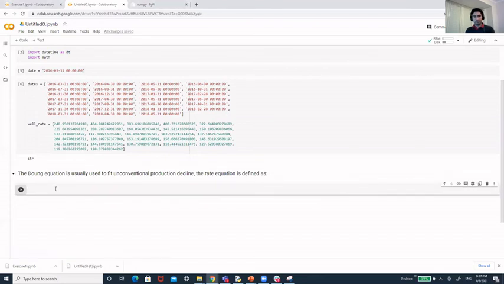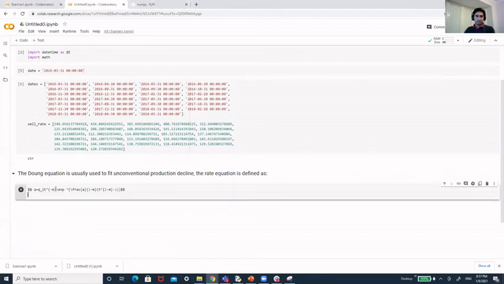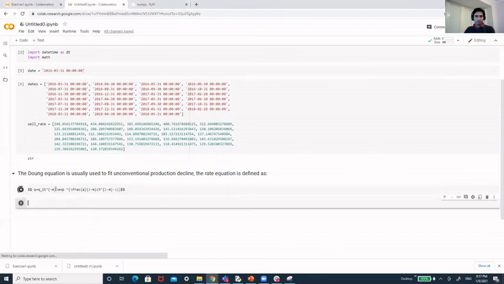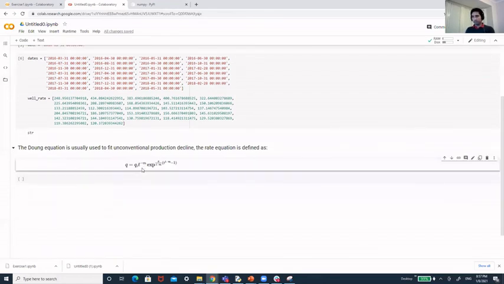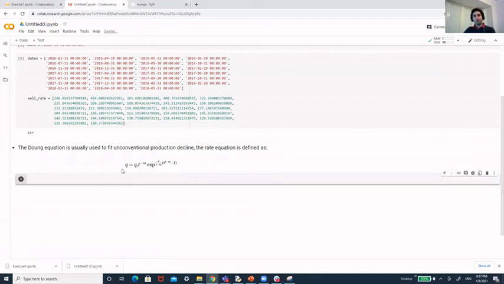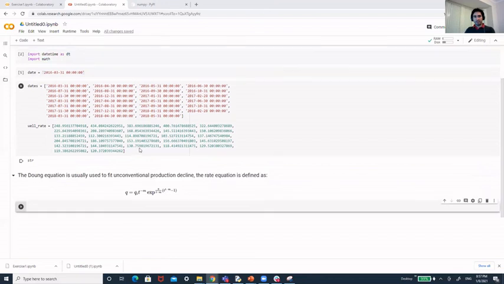Jupyter Lab. Okay, let me see. Control M. Oh, I see. Control MM and Control MY. Thank you, Yasser. So there you go. So we have the Arps equation, and this is a bit more